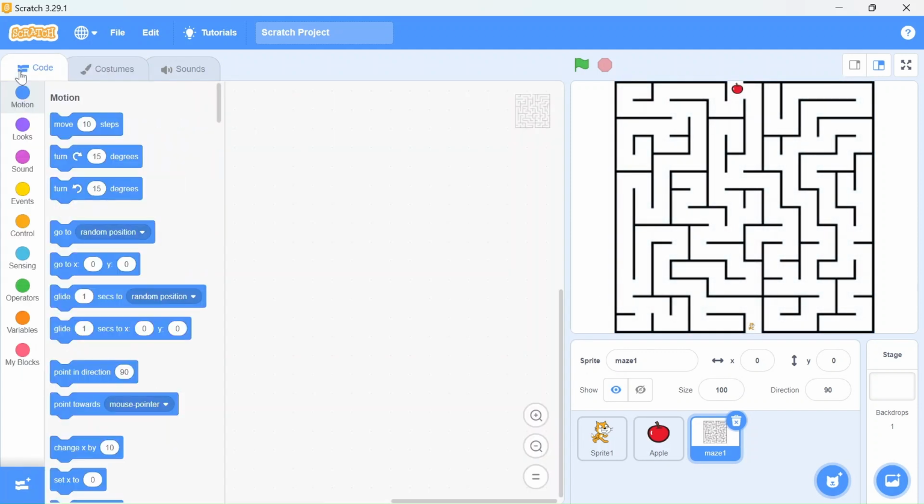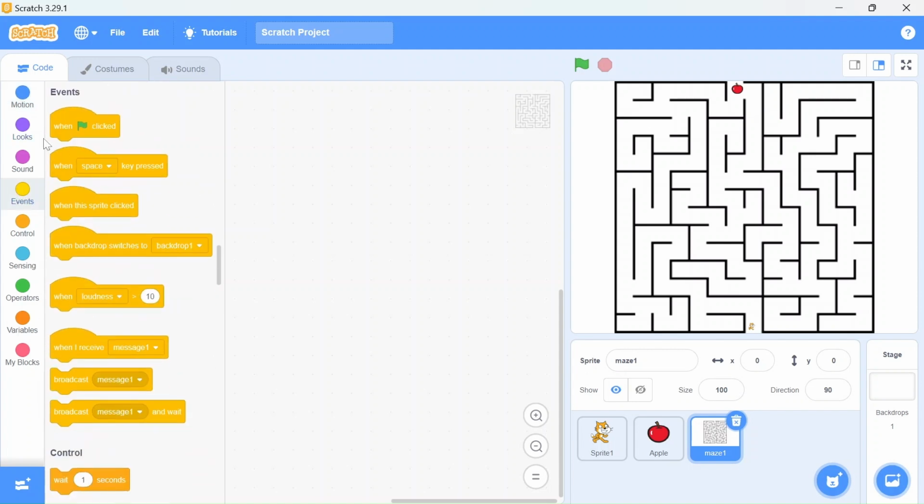Now what is the code we will need for maze? Any guesses? You can just think of what we actually require. Basically, in the game of maze, we need to pick a random maze, right? From number 1 to 10, we need one maze, and as soon as we complete our game, the next maze should come. So let's start coding.